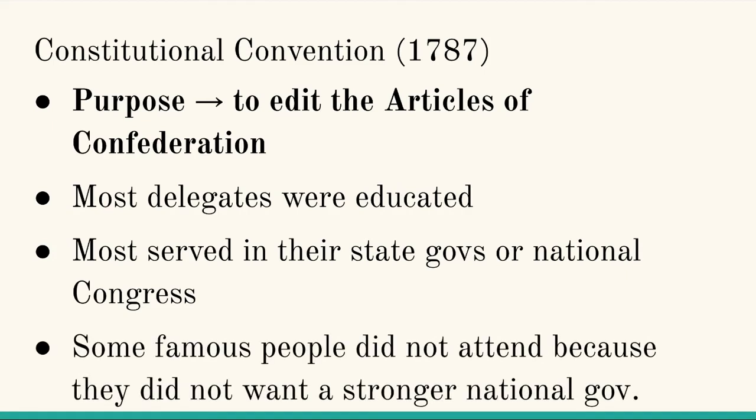Some pretty famous founders of the United States did not come to this meeting. Founders like Thomas Jefferson, founders like John Adams, and Patrick Henry. Patrick Henry, especially, was very against this meeting. He thought that editing the Articles of Confederation was going to give the national level government too much power. So he thought we were risking creating a monster of government, something that we just fought a war to break away from around 10 years before. So he was against it.